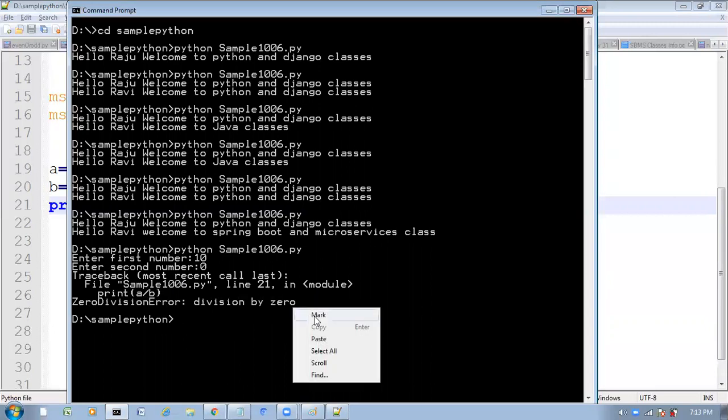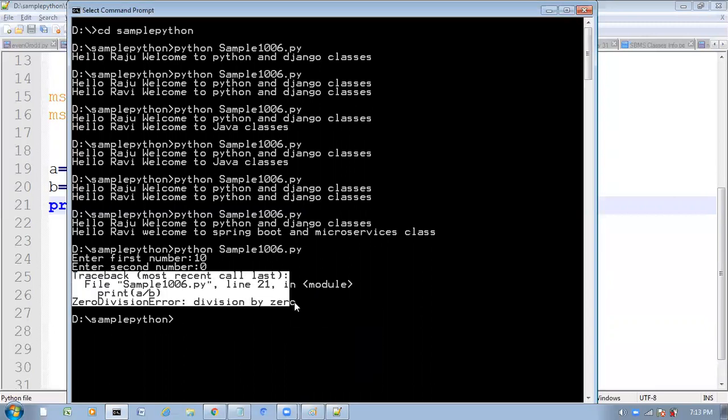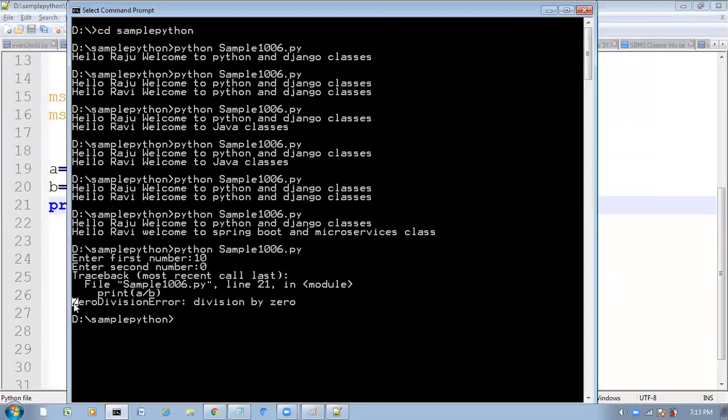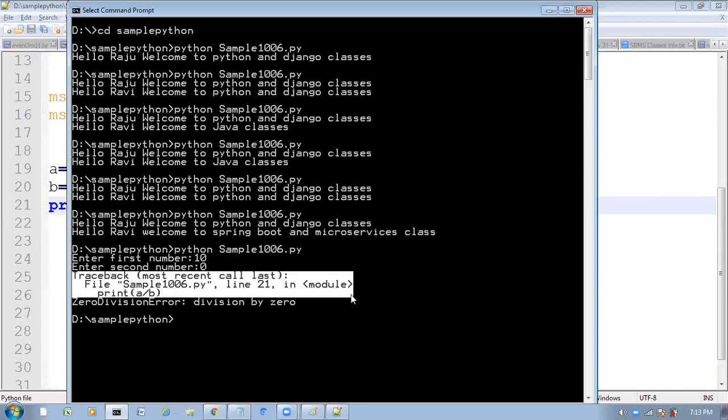What is this nonsense? Here we are getting a stack trace, the exception stack trace. In which file and in which line you are facing the problem, that stack trace is printing. We call this the stack trace. It means in which file, in which line, what exception you are getting, and the description of that exception also. See here, ZeroDivisionError is the exception. Division by zero is the description of that exception, and this is the stack trace, with the file name, line number, and all those things.